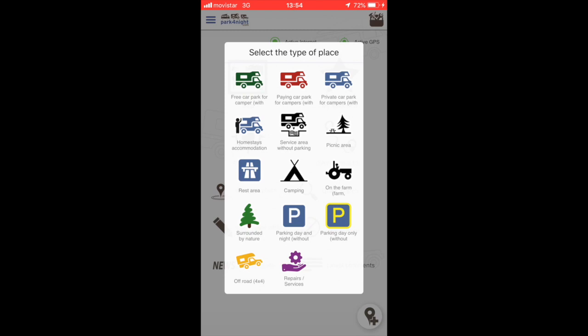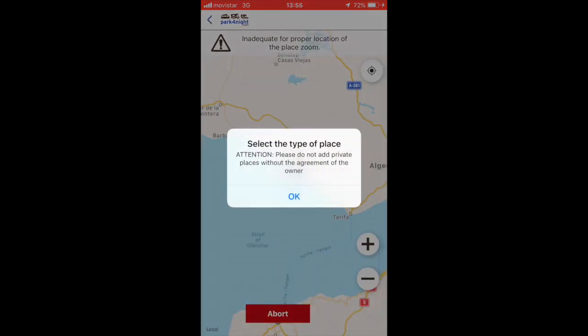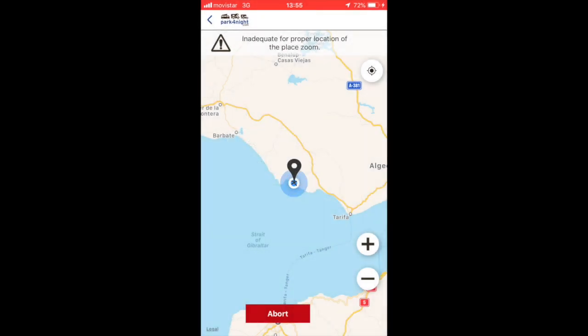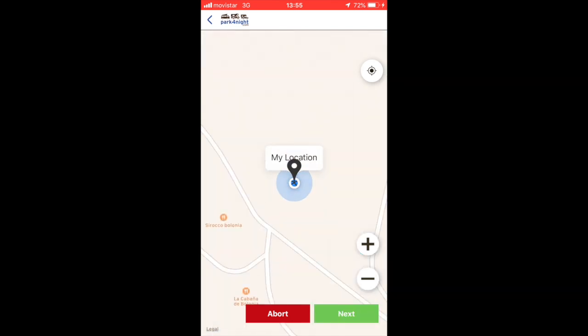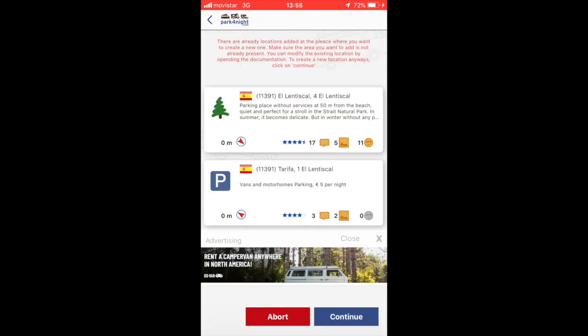You can add a park up in the bottom right hand corner. You can select type of place it is, and then you need to hit the GPS location in the top right hand corner to add the new park up. You'll then need to click next, and it will give you the opportunity to check that nowhere else,